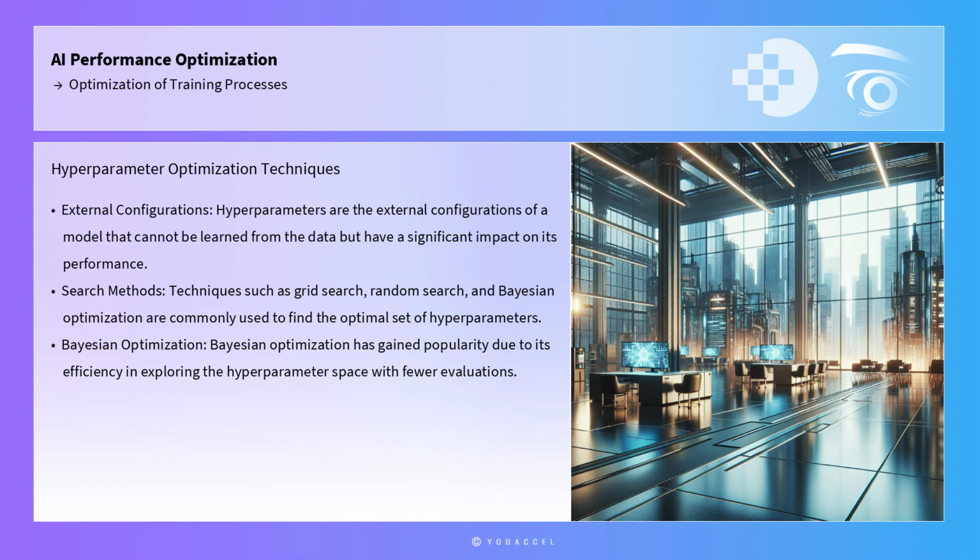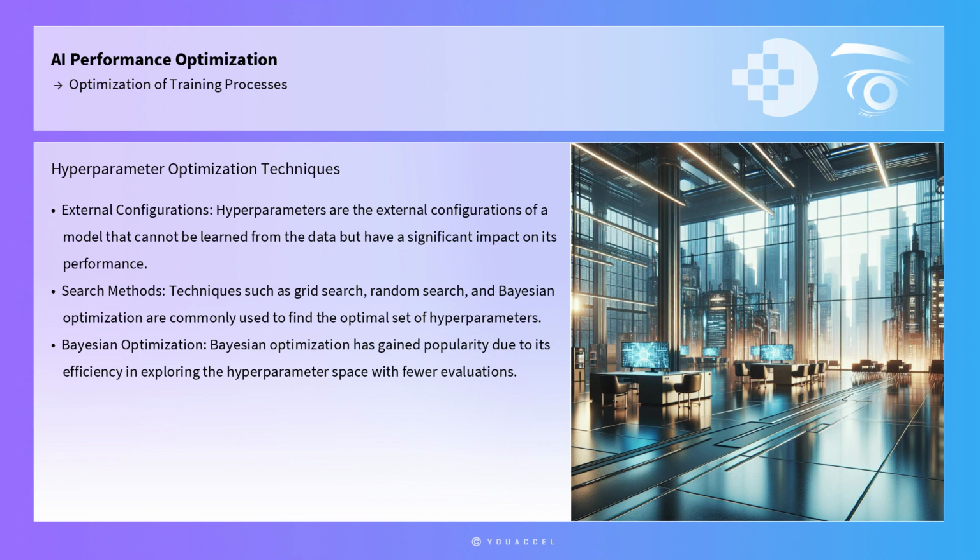Hyperparameter optimization is another effective strategy for improving training efficiency. Hyperparameters are the external configurations of a model that cannot be learned from the data but have a significant impact on its performance. Techniques such as grid search, random search, and Bayesian optimization are commonly used to find the optimal